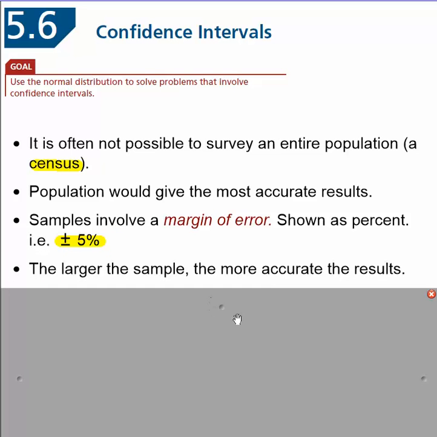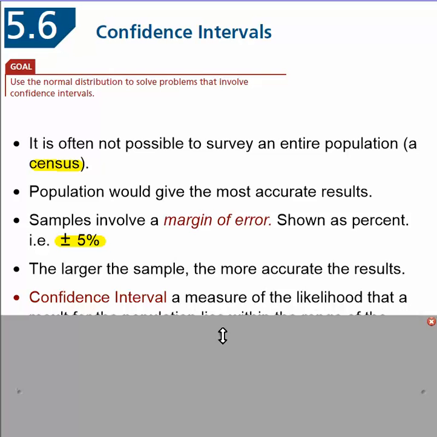The larger the sample size, the more accurate the results. If you carried a sample of 1,000 light bulbs versus 100, you would expect that the sample size of 1,000 will be more accurate. And sample size is going to be determined largely based on how large the population is, and also the resources that you have available to you, and in terms of that, your ability to conduct a survey.